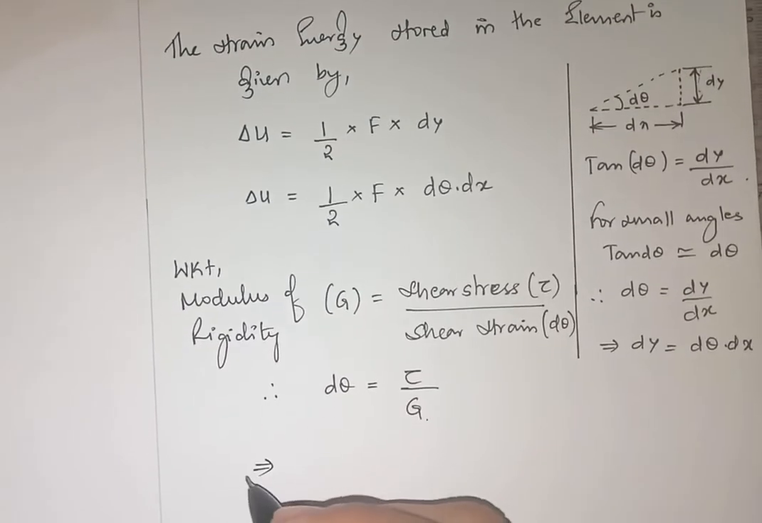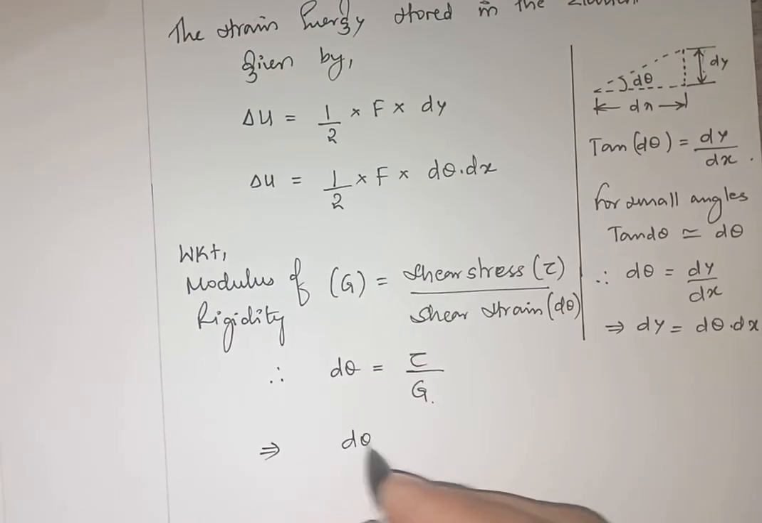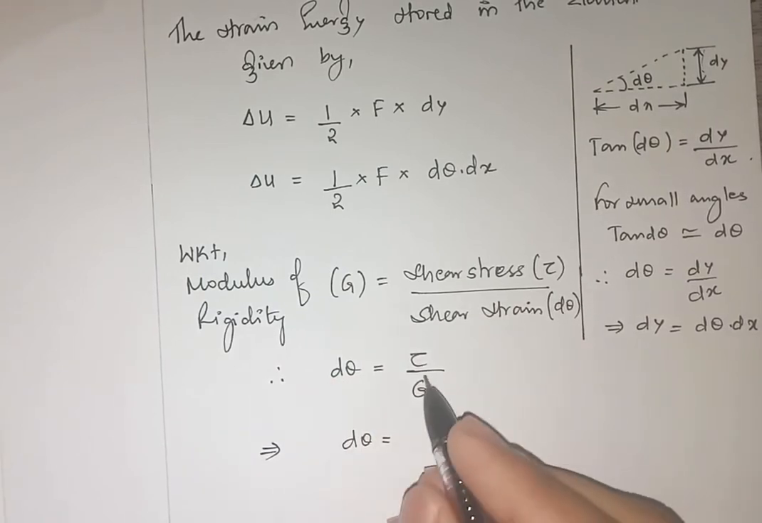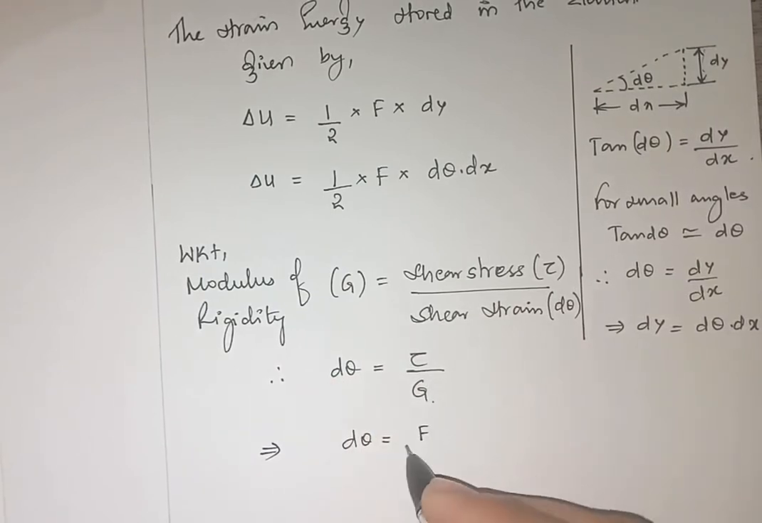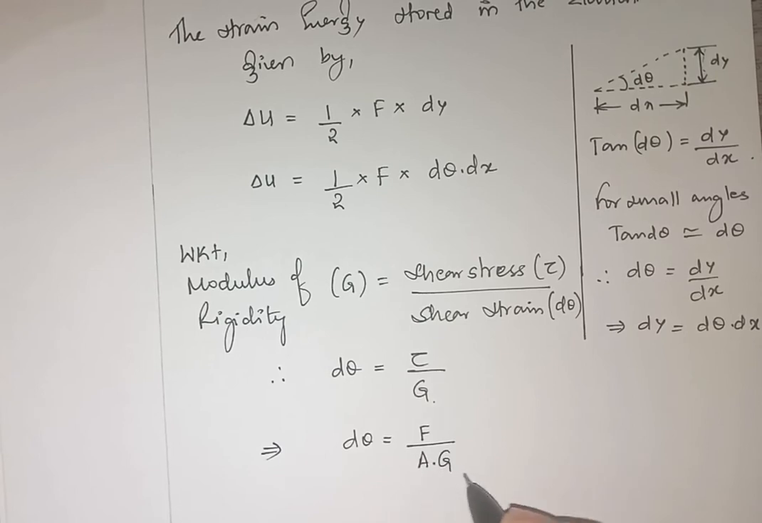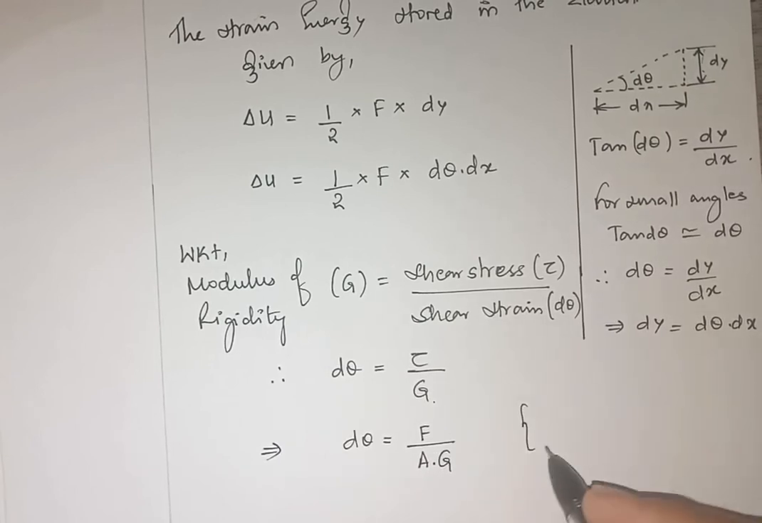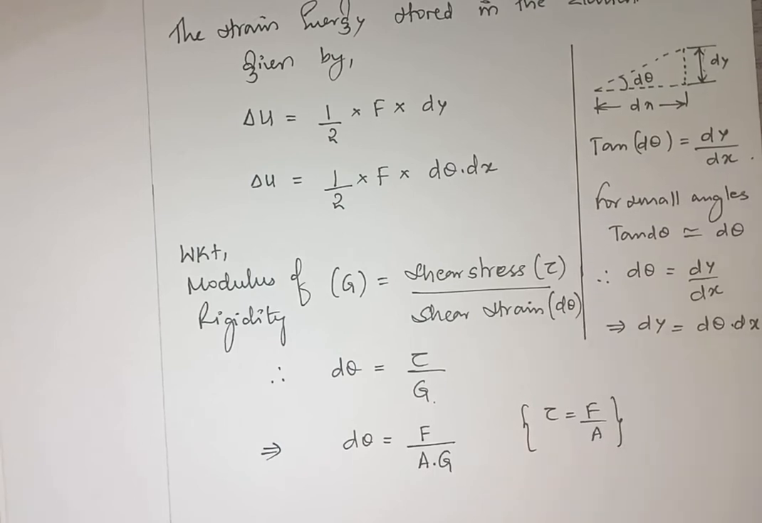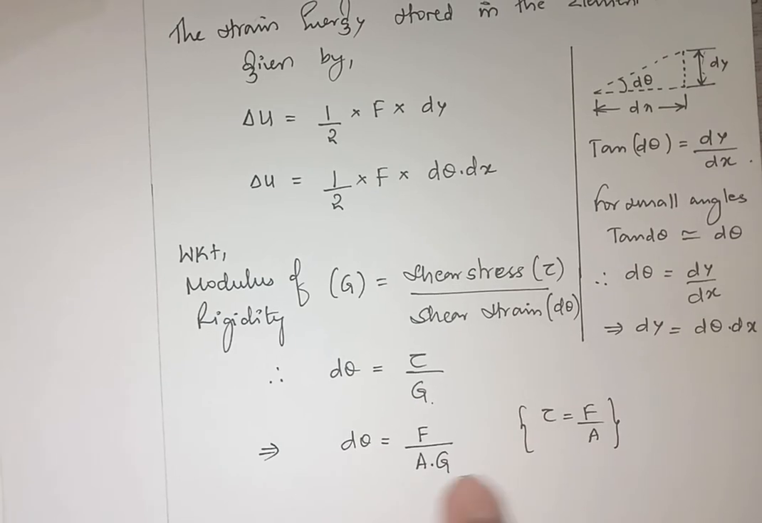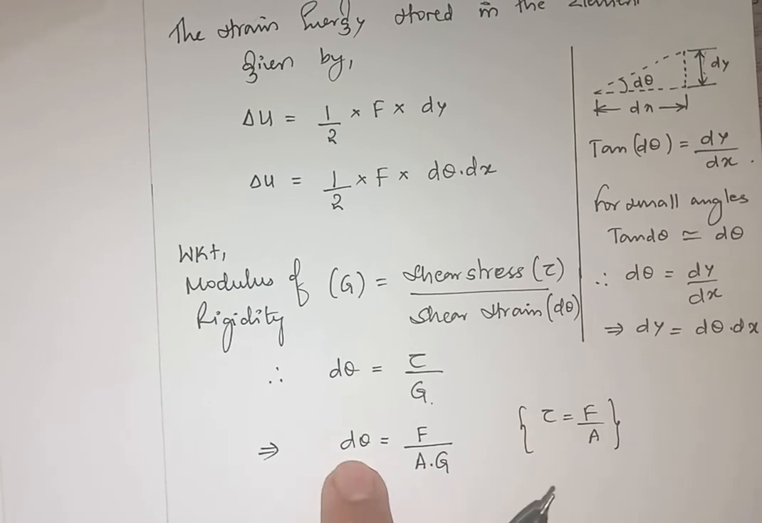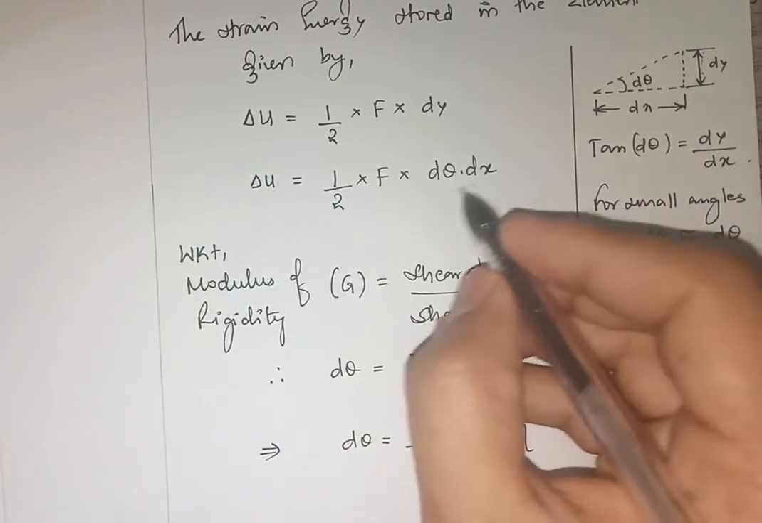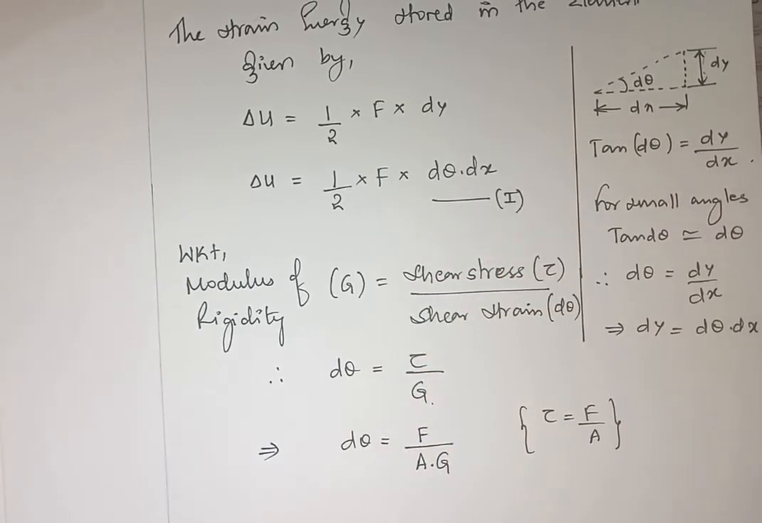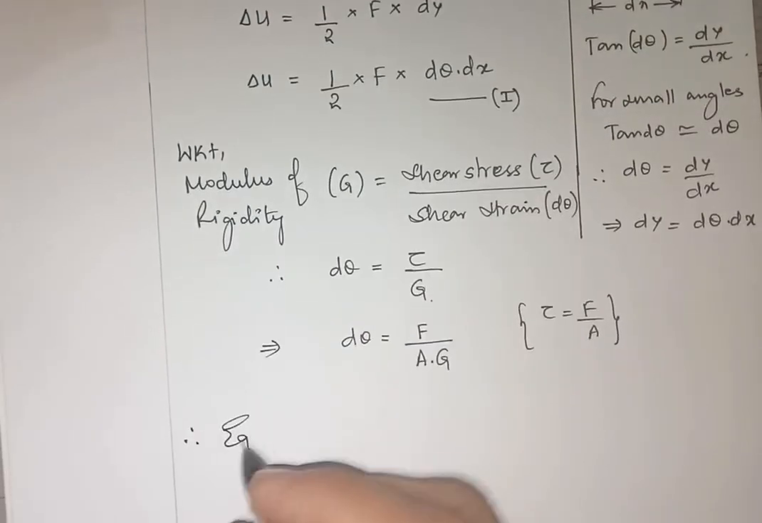Further, what I can write, d theta is equal to, I have exchanged these two things. So d theta is equal to tau, where tau is force divided by area, into G. So I'll write here tau is equal to force divided by area. Right? So that force divided by area, you put it here, you'll be getting an expression for d theta. This you take as your equation number 1. So therefore equation 1 becomes,